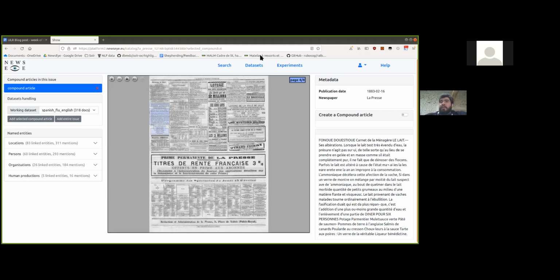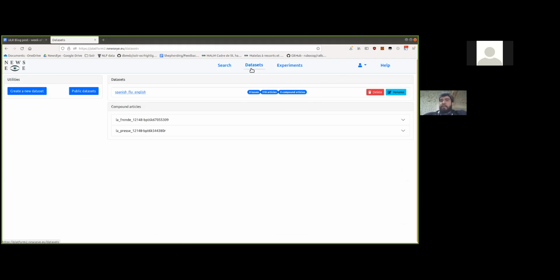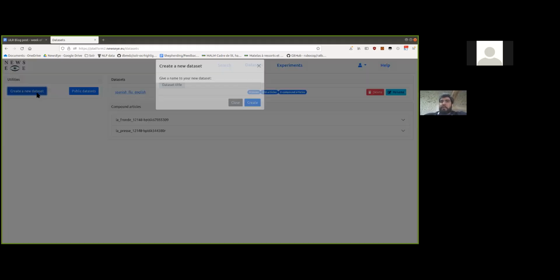which can be interesting. And maybe what I can show you now is the ability to create datasets. So this was the main part of this talk, basically. So datasets, you can just go to this page, datasets there, and you will see your created datasets. Of course, there won't be any at first,